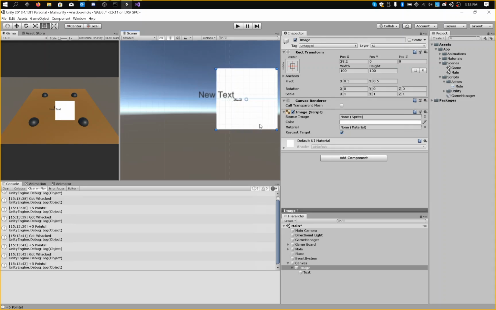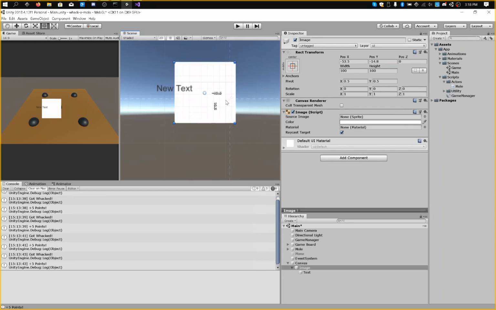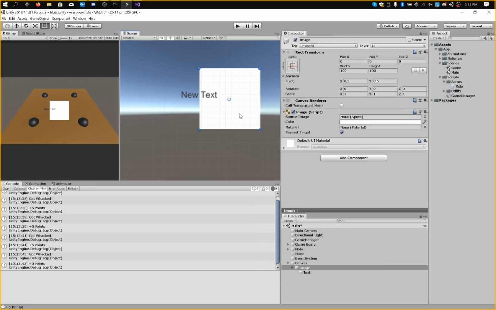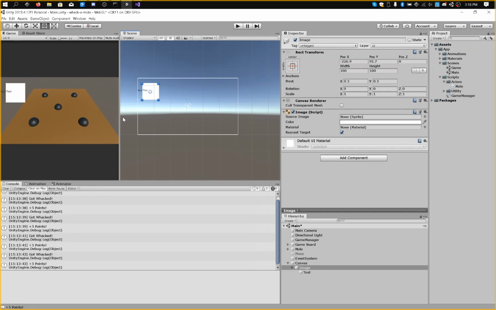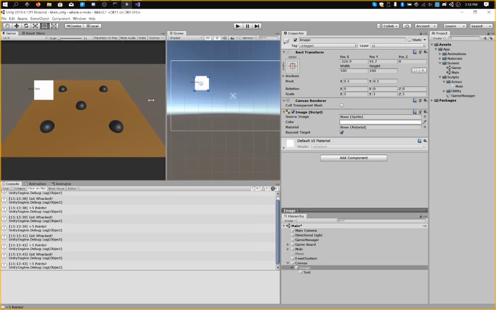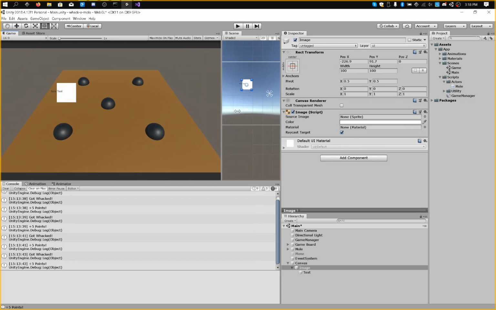Why? Because the text field is now a child of this image field. Now we're all moving together like this. But say you wanted to have your score right here. We still have this issue where, as I move this, it's possible that the text field goes out of bounds, or if it's too big or too close to the center, it's blocking our view of the game. So what do we do? We need to tell the canvas, hey, you need to resize yourself based off the screen